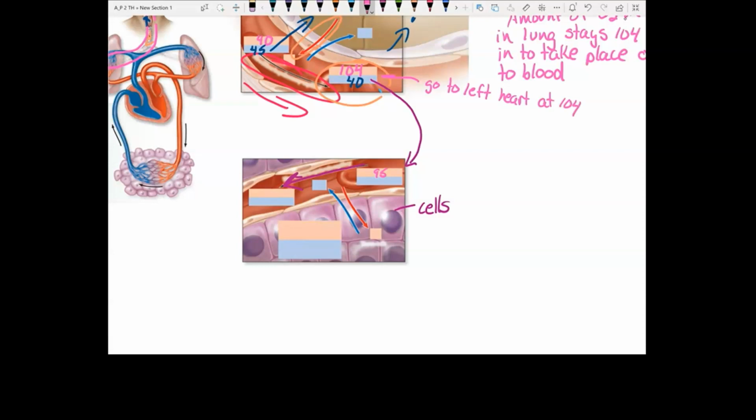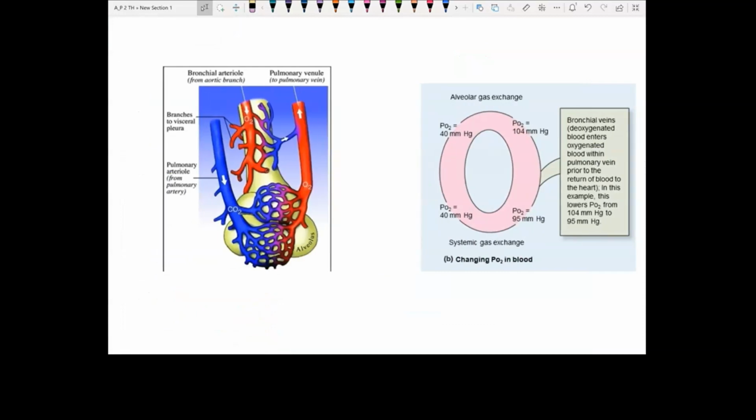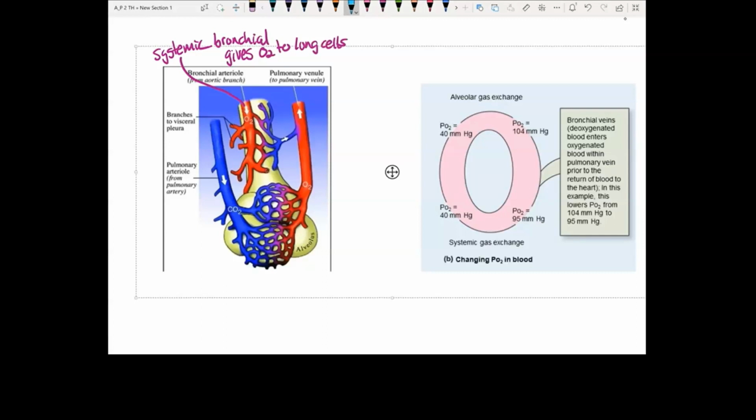But then when it arrives at your cells, it is 95. So what happened in between is that bronchial circulation. Remember this picture we looked at before? You have the systemic bronchial circulation. This is the blood that gives oxygen to your lung cells. Here we have the pulmonary circulation. So this is that pulmonary blood